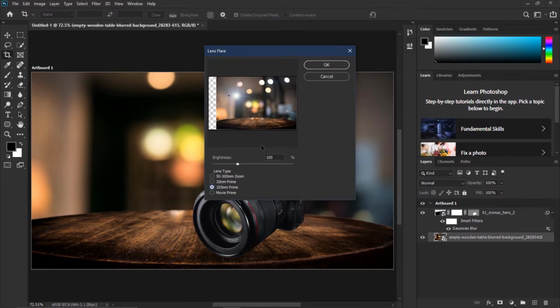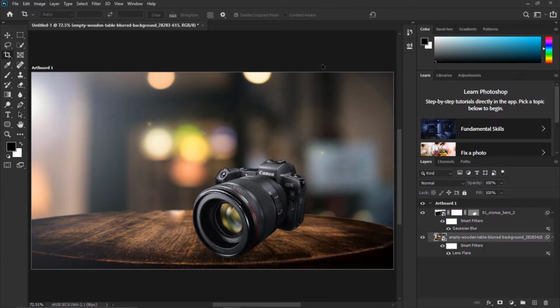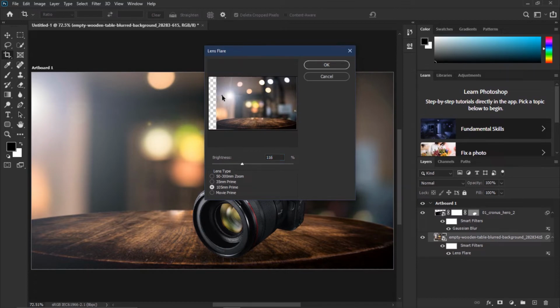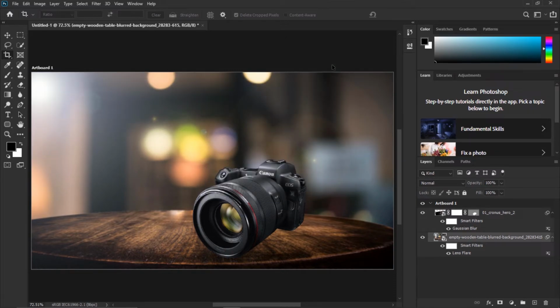Okay, and increase the brightness a little bit. I'm going to place it there. Let me take that up a little bit. This is looking fine. Okay, this is good.